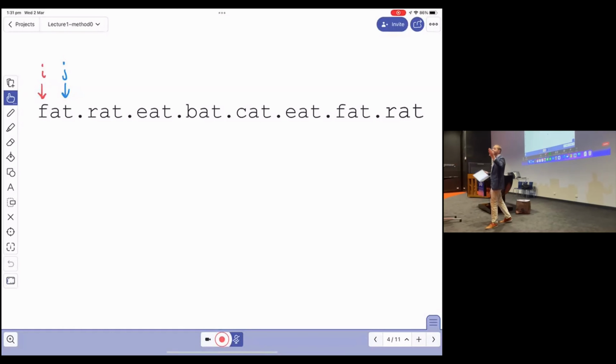And if we compare the 7 letters starting at I and the 7 letters starting at J, if the 2 of them match, we know there's a repeat. Again, if we start at I and we look at the first letter starting at I, and we look at the first letter starting at J, and they're the same, we've found the start of a match. Then we look at the next letter next to I and the next letter next to J. Are they the same? If so, it's still possible that we've got a